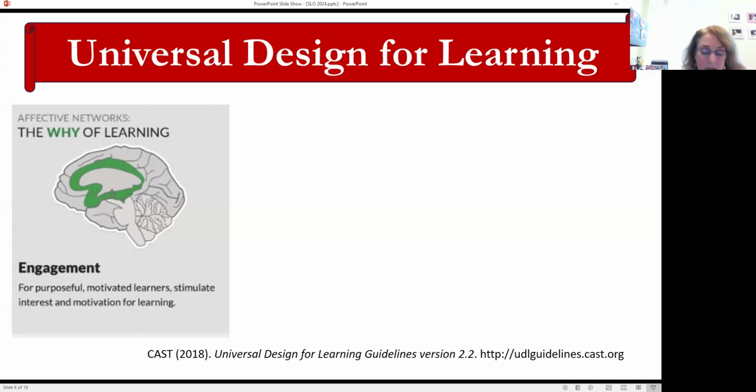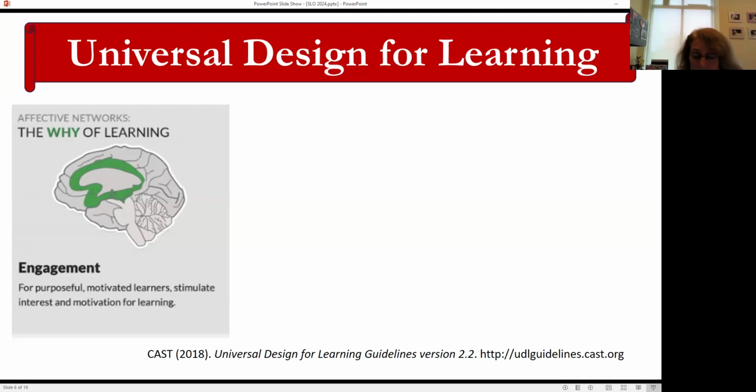When you think about universal design, it really focuses on making the environment accessible to everybody by removing barriers. Things like ramps, automatic door openers, and beeping crosswalk signals are all examples of how these are used in the physical environment. An organization called CAST focuses on how learning can be aided by universal design and created 3 principles: